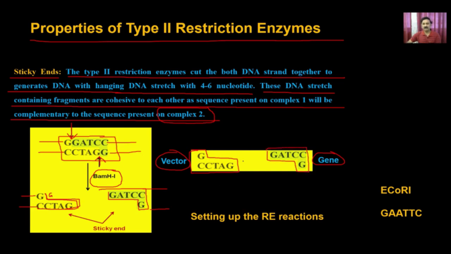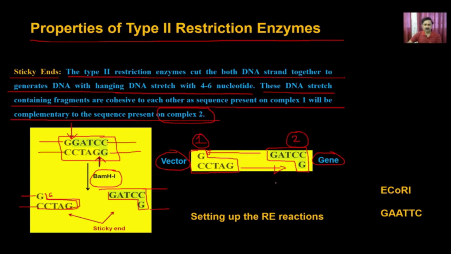Once I put them together, they will come closer to each other, and that's how they are going to form the complex. So this could be your complex number 1, this could be your complex number 2. Since these two sequences are complementary to each other, they will come together and form the pair, except that there will be a nick which has to be sealed by another enzyme